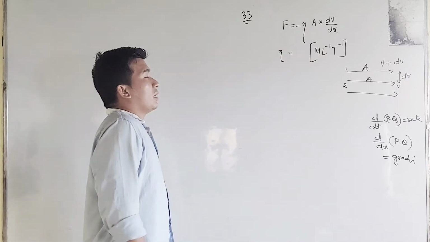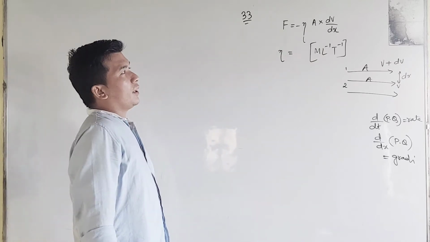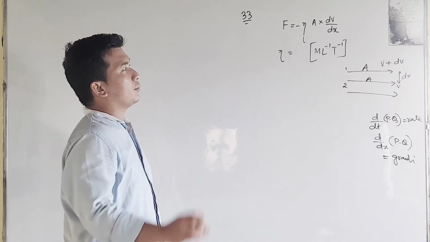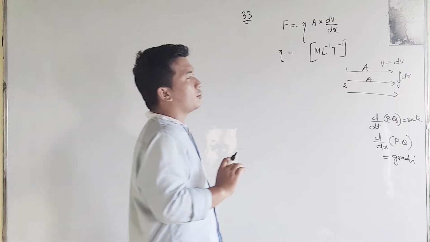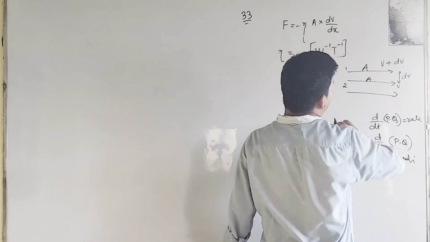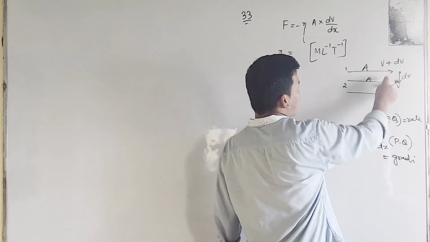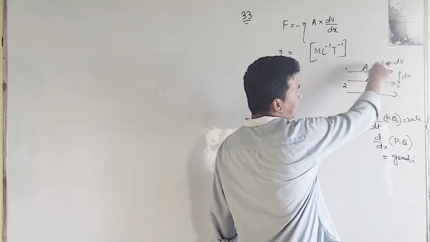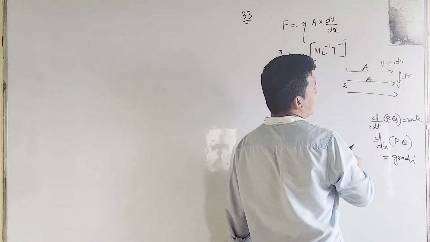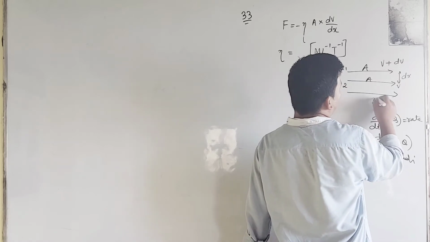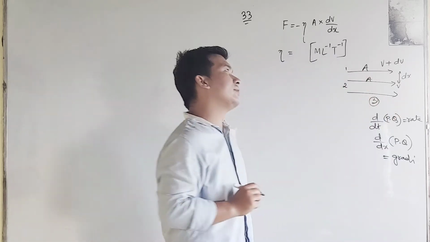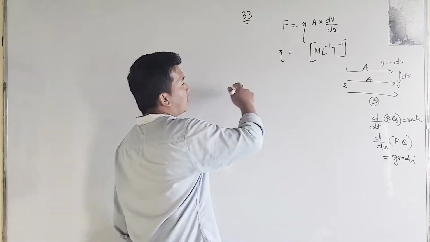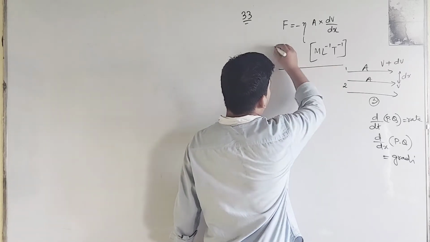Viscous force will be directly proportional to the area of the layer into velocity gradient. The change of the velocity with change in the distance will be known as the velocity gradient. Which one is faster? The upper layer is faster, due to this distance of separation. Between layer number 3 and layer number 1, layer number 1 will be the faster. Very easy. So, like we said, this will be our answer.